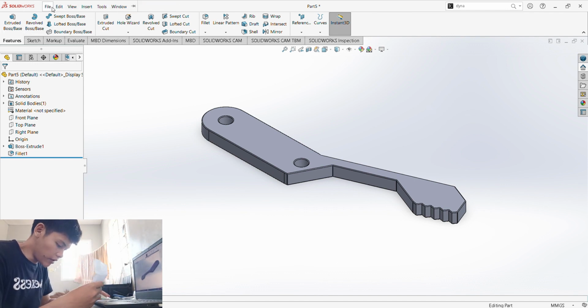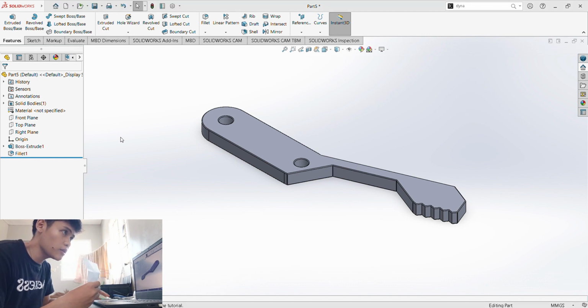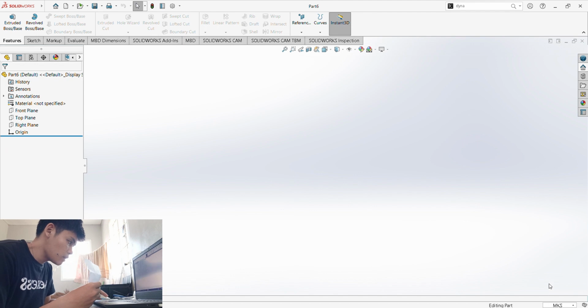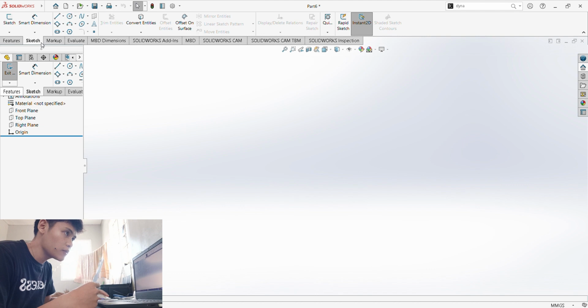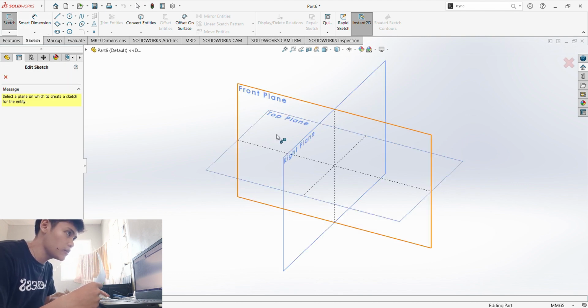So next is the final one, which we would have to create. So new part, okay, MMGS. So for this one, it just looks like a key.